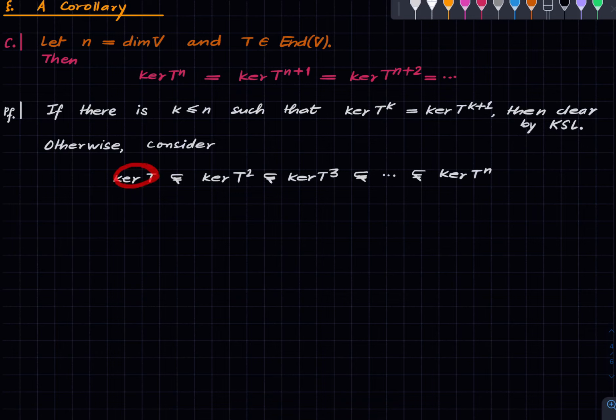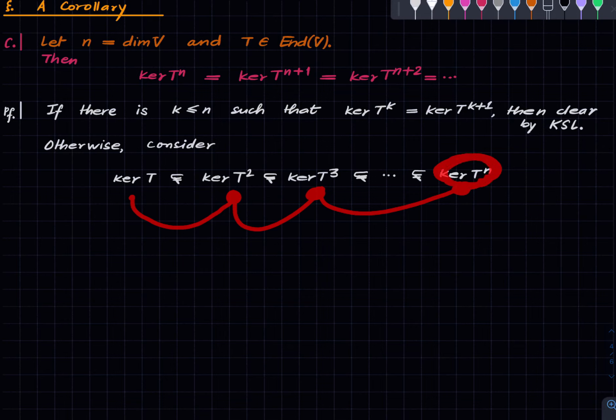So if this were the trivial subspace, T would be an isomorphism, and hence this would be an isomorphism, and hence each of them would be the trivial subspace, and therefore these containments wouldn't be strict. So this is a non-trivial subspace, has dimension at least 1. By the strict containment, this should have dimension at least 2. Again, dimension at least 3, and so on, and this must have dimension therefore at least n. But the dimension of this cannot be more than n, and therefore this must then be the entire vector space